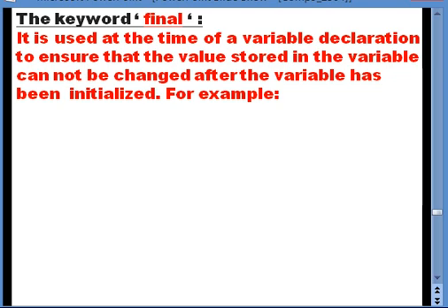What is the purpose of it? It is going to make the value stored in a variable fixed. Remember, as I have told you earlier, a variable is something that is going to have its values keep on changing. But if I write final in front of it, the value stored in it will remain fixed. It is never going to change.